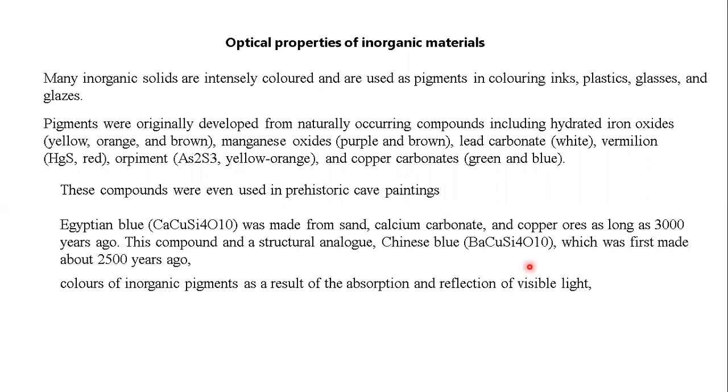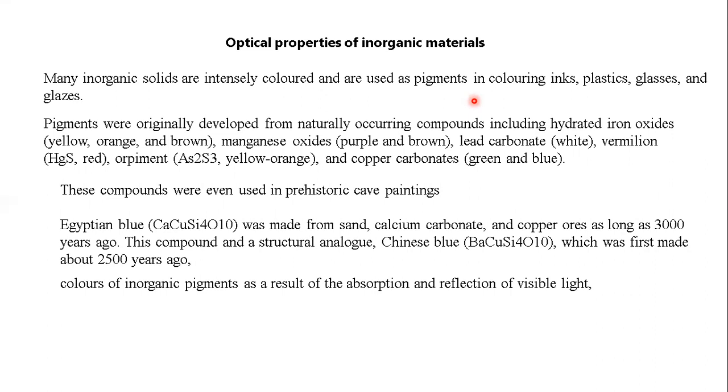Okay, so optical property is absorption and emission of light. Because of this, we see some color of inorganic compounds. Because of this color, these inorganic materials can be used as pigments in industry. In many industries, there's a different demand for different colors, because in